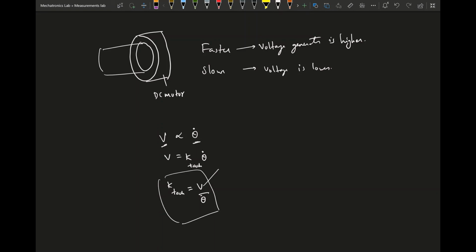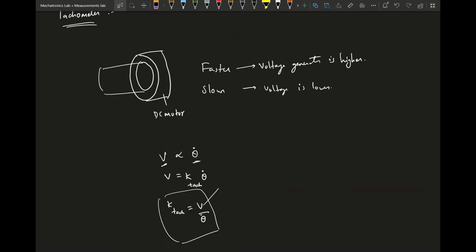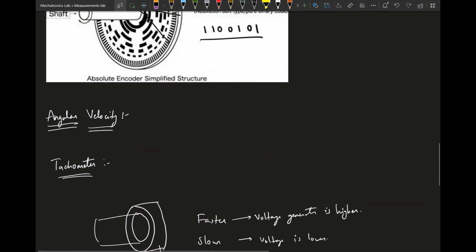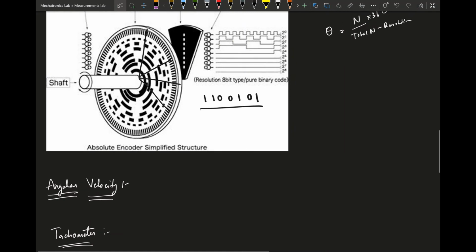So yeah, that's everything, I guess. That's how you can find positions and velocity using